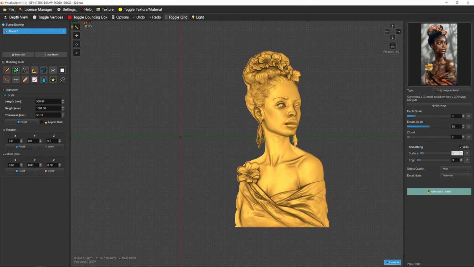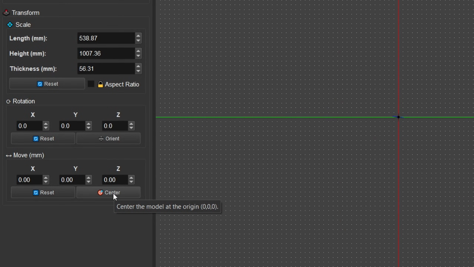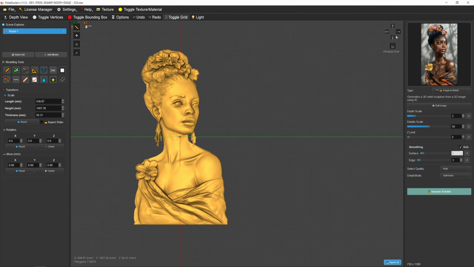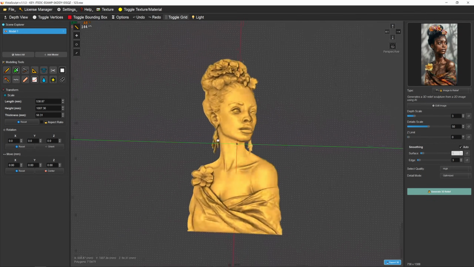So at the moment it's slightly off center, and I'm going to center the model clicking on the center button in the left panel where the move section is. Perfect. Now what I'm going to do, I'm going to edit the background of this model,